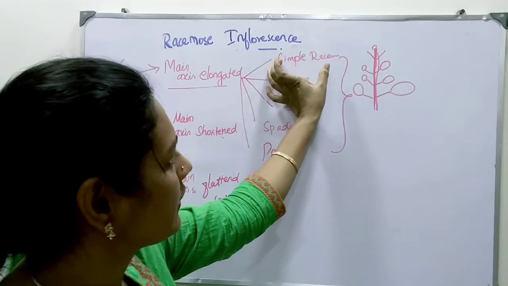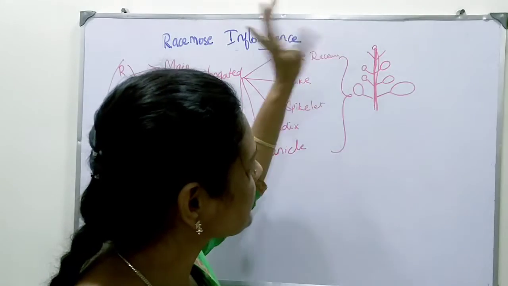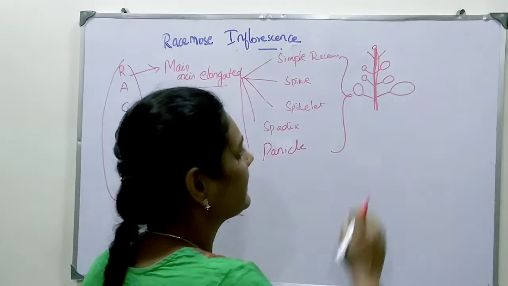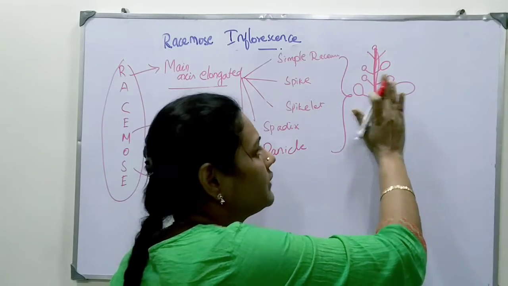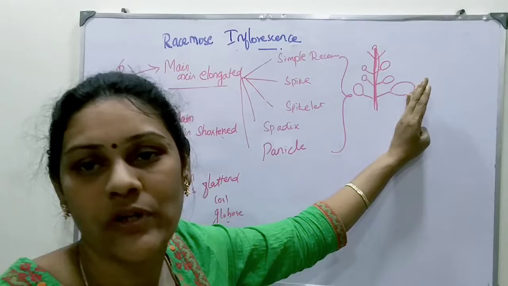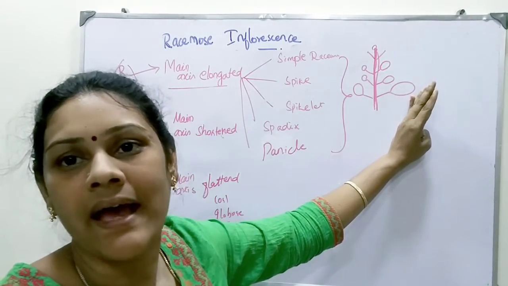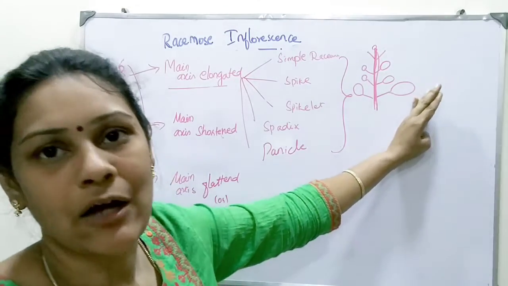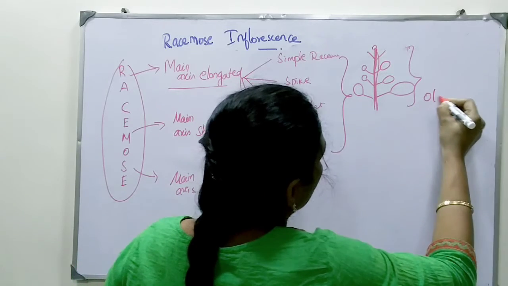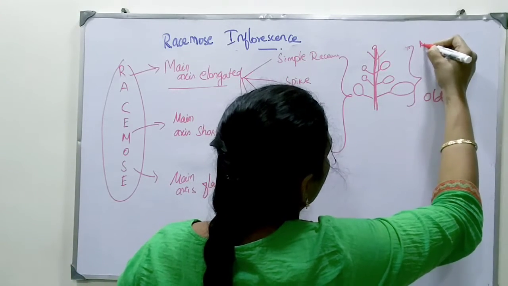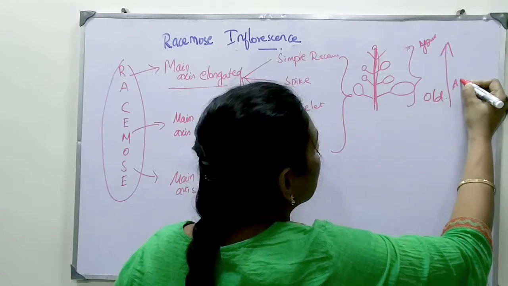I am going to explain about simple raceme. How it could be. So, the main axis elongated type of the simple raceme having unbranched. Here no branches. Okay, just this one alone is there. What is there? Only the inflorescence is there. So it is unbranched pedicellate flowers, in the acropetal succession. Acropetal succession means the oldest flower, old flower at the base, new or the young flower at the tip. So which is the acropetal succession.